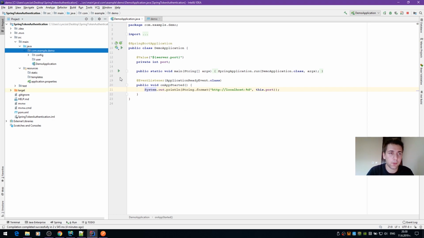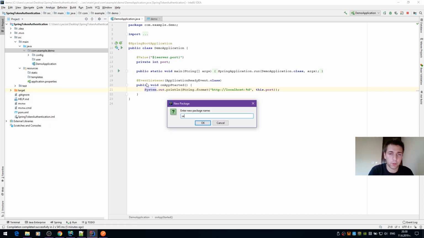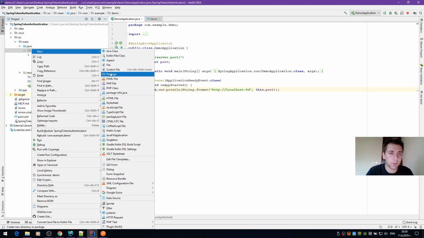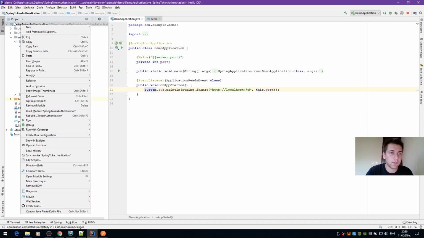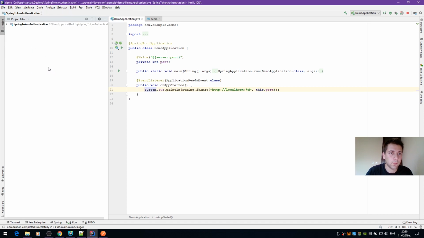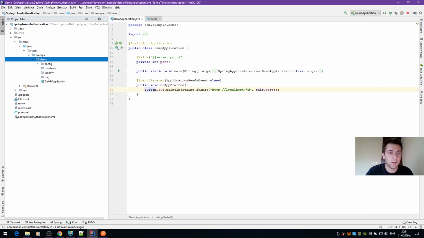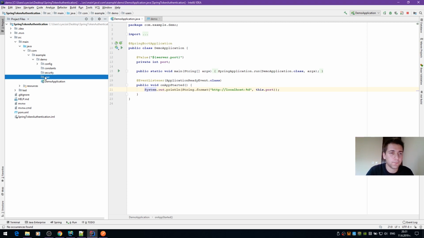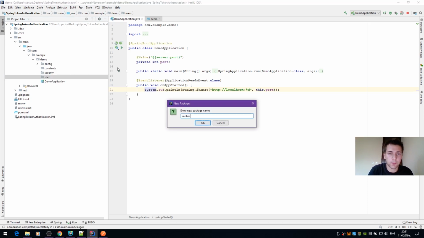So users, we're going to have also security, like that, and we're going to have constants as well. Well, not user but users. Okay, so users is going to have entities,